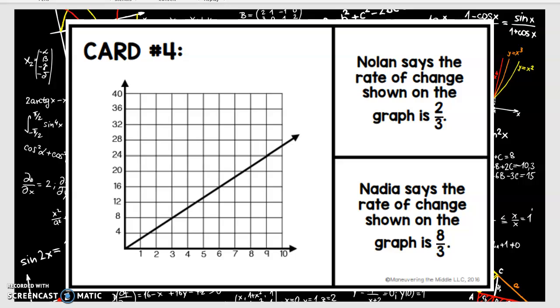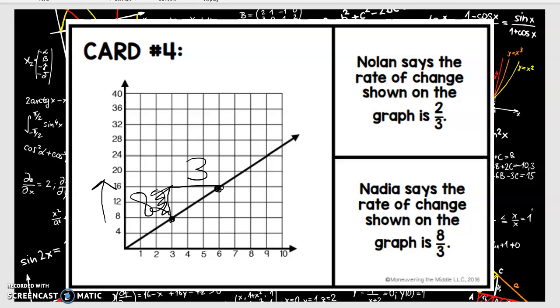Now, this one, like any other line on a graph, I am going to go to 2 perfect points. There's my 2 perfect points. I'm going to go up and over. And when I do that, it looks like I go up 2 over 3. It looks that way, but I go up 8 over 3 because if you look at the label on the y-axis,